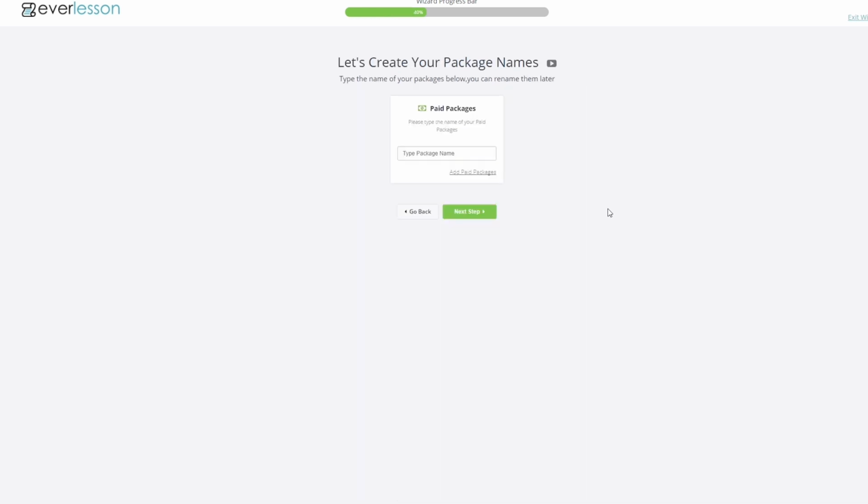Now let's go to next step. And from our perspective, not so much the customer's perspective, we need everything organized by packages for transaction purposes. That's all the modules that they will get access to when they make a purchase via a certain buy button or page. And that's just how Everlesson organizes things for transaction purposes. So let's go ahead and call this one